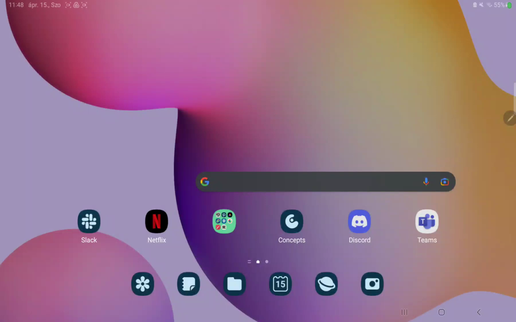Hello guys, in this video I'm going to show you how to enable the tap and hold function on the